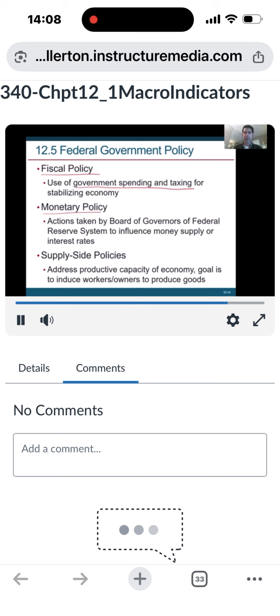All right, as opposed to monetary policy. If somebody says, hey, they're changing the monetary policy, or what's the monetary policy of this country, what they're talking about there is the central bank, okay? So in the US, it's actions taken by the Board of Governors of the Federal Reserve. That is the Federal Reserve, or the Fed. That's our central banking system. So that's like interest rate decisions when the Fed comes out and says we're going to raise interest rates or we're going to decrease interest rates. That is classified as monetary policy. Okay, so know those distinctions there. Fiscal policy is government taxing and spending. Monetary policy is actions by the Fed, or the Federal Reserve.